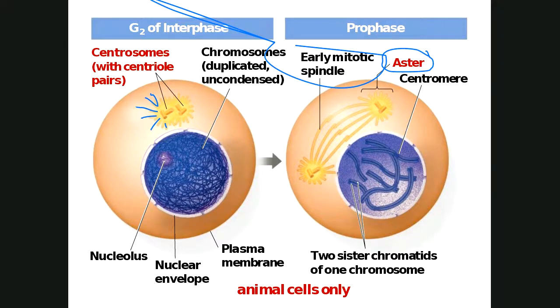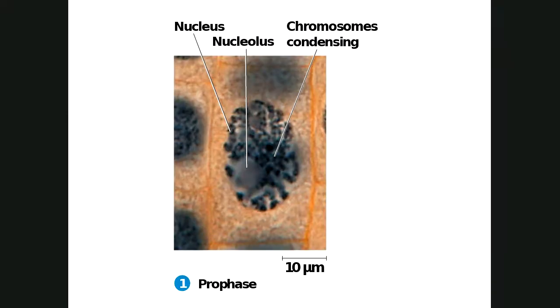So at the end of prophase, let me show you a picture. We got something that looks like this. Now, I'm sorry, this is not an animal cell. This is obviously a plant cell. You can see a cell wall around it. As a matter of fact, this is an onion cell. So at the end of prophase, we say that the chromosomes have condensed. When we look under the microscope here in lab in a couple of weeks, when we look at the onion cells in mitosis, you really can't see the chromosomes like you see in this picture until they're condensed.